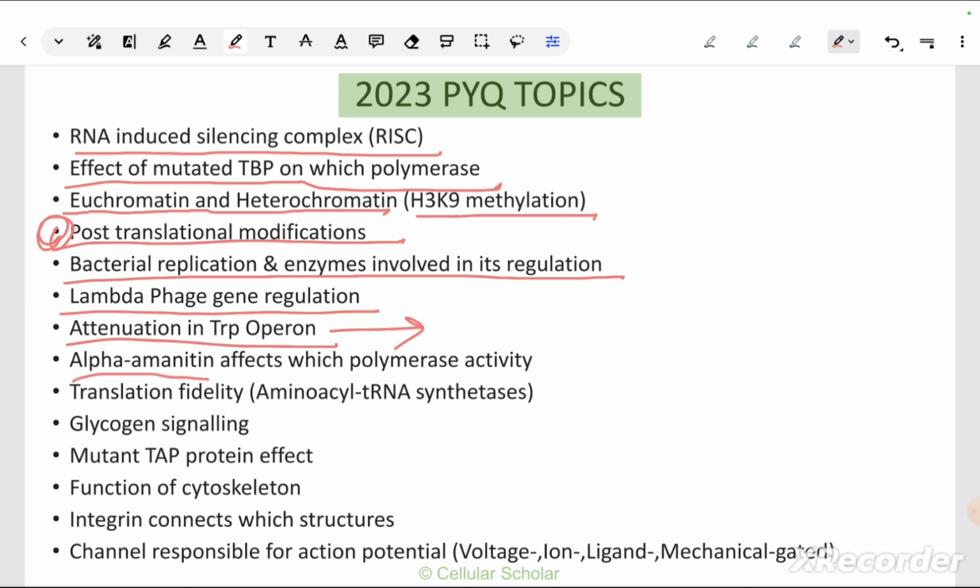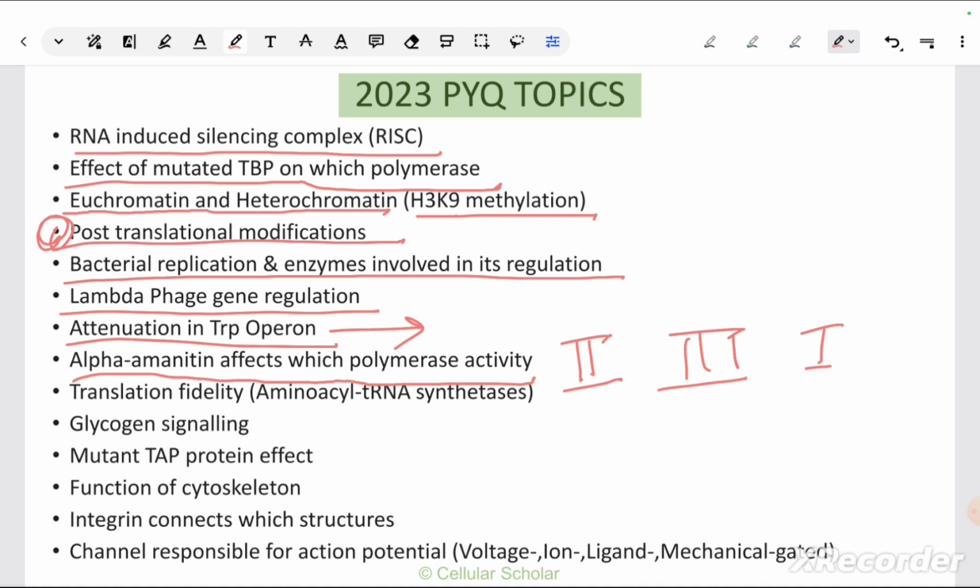Then alpha amanitin affects which polymerase activity, also the sequence in which it affects: polymerase 2 the most, and then if the concentration is increased it affects polymerase 3, and it has no effect on polymerase 1. Also what these polymerases